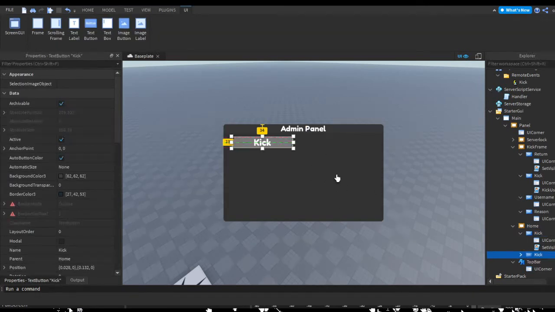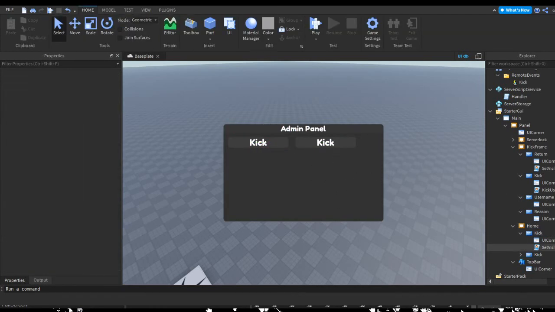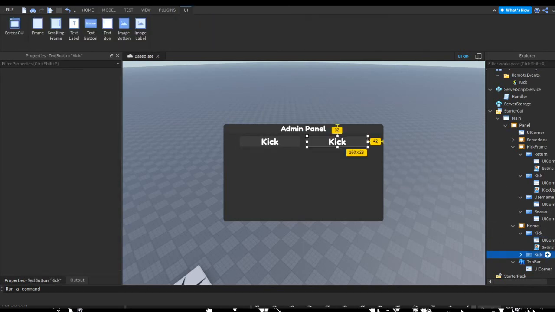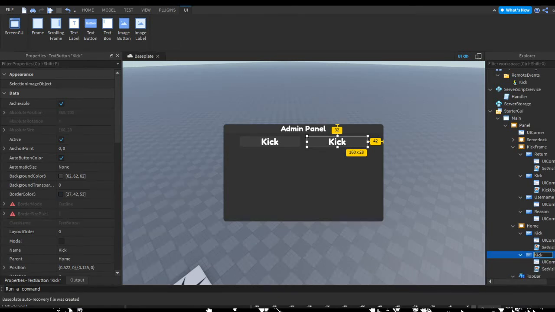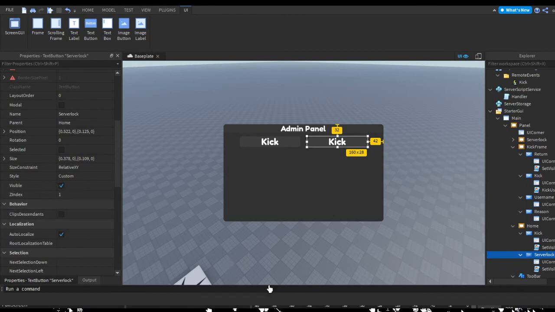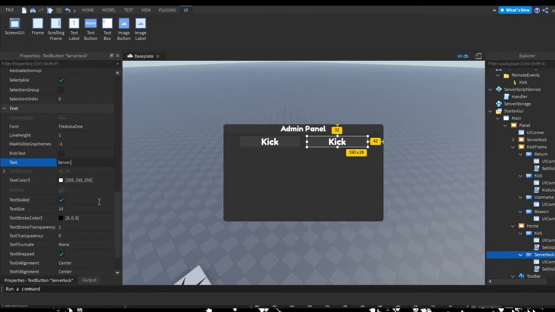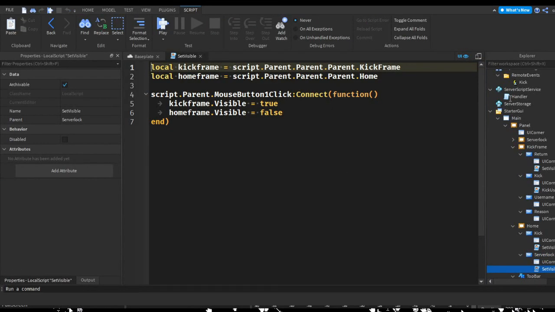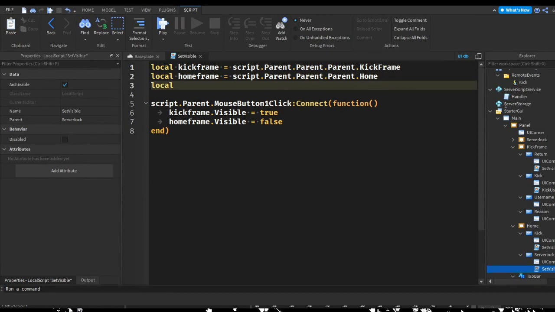Let's copy our kick button. Let's go ahead and put it over here, and I'm just going to really quickly center these. For our new kick button we just duplicated, I'm going to name this ServerLock, and then I'm going to change the text to ServerLock. In our set visible, we can set a new variable, local ServerLock equals script.Parent.Parent.ServerLock, and we can just change this true to false and do